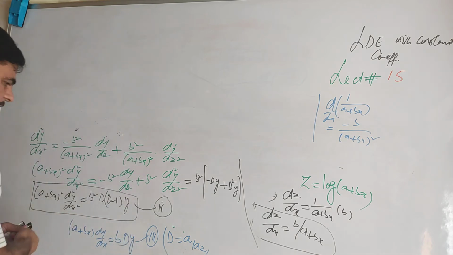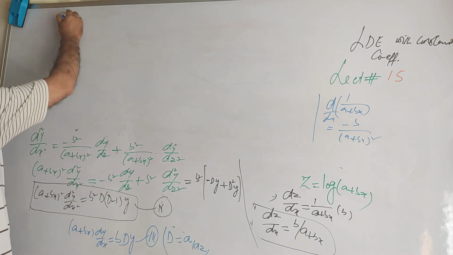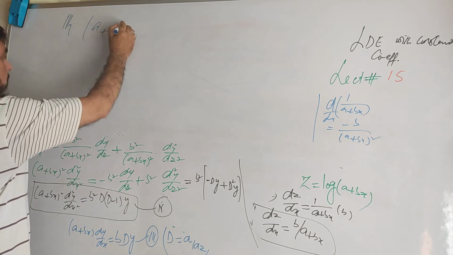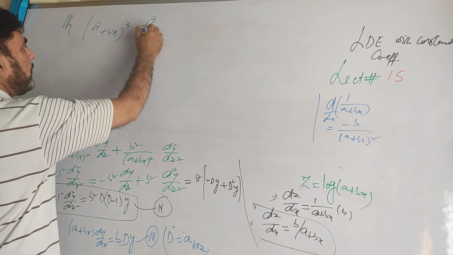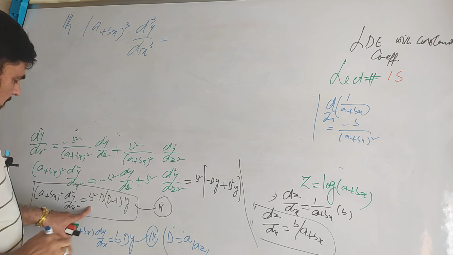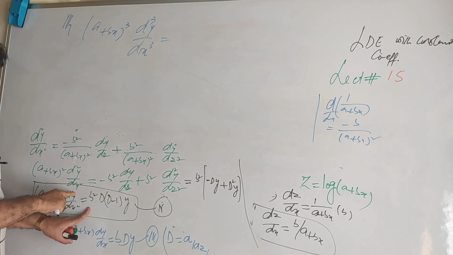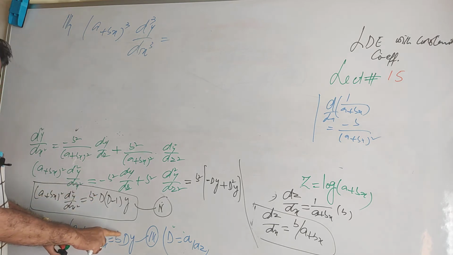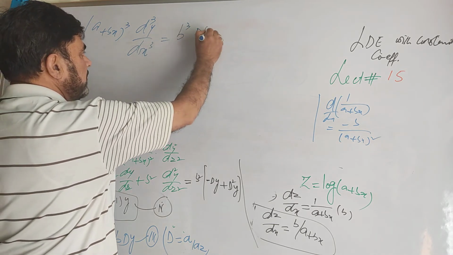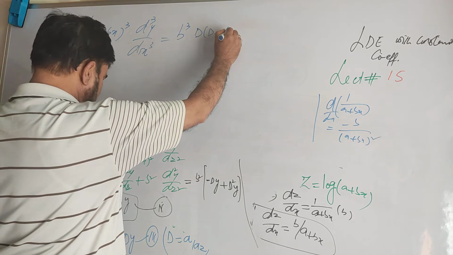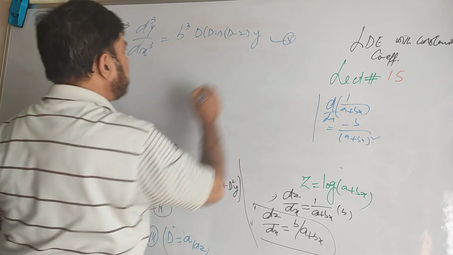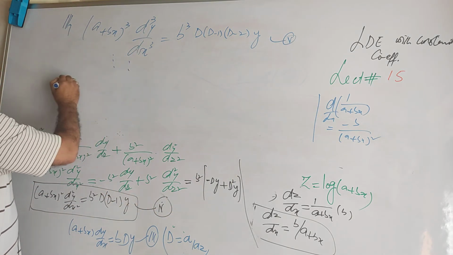You can write here after this. Similarly, on similar lines, we can have a plus bx cube d3y/dx cube, which will be according to this. Here when you have square, it is b square, here it was b raised power 1, so naturally it will be b cube. It is D, then D minus 1, one factor will get added, D minus 2 into y. This is your fifth equation, and so on, proceeding